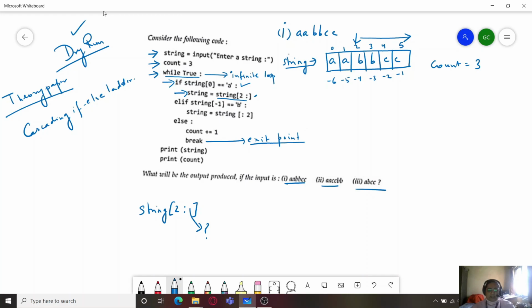That means this string is BBCC, and hence now string would be pointing to a memory location which contains this. We will again specify this in the form of an array, and yes, negative indices are there, so we will provide negative indexing also.